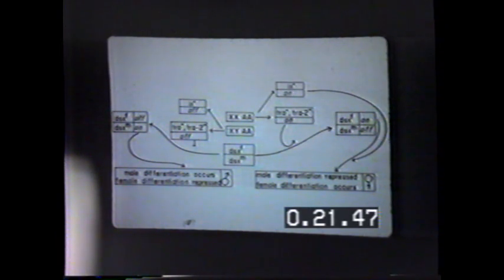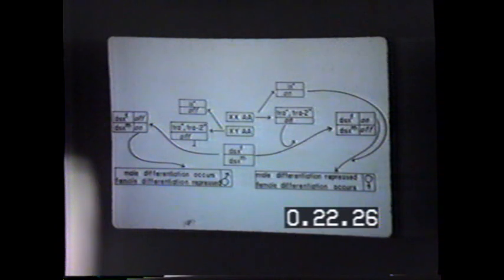And to show you some of the data that suggests this structure to the regulatory hierarchy, in particular that doublesex has opposite negative functions, I'll just tell you a couple of pieces of data. One is that null mutants at doublesex knock out both of those functions and convert both males and females to intersexes. As one might expect, if you could repress neither kind of differentiation, then both would occur. And in fact, that's the phenotype of those flies. They look as if both pathways of sexual differentiation are being followed simultaneously by cells.